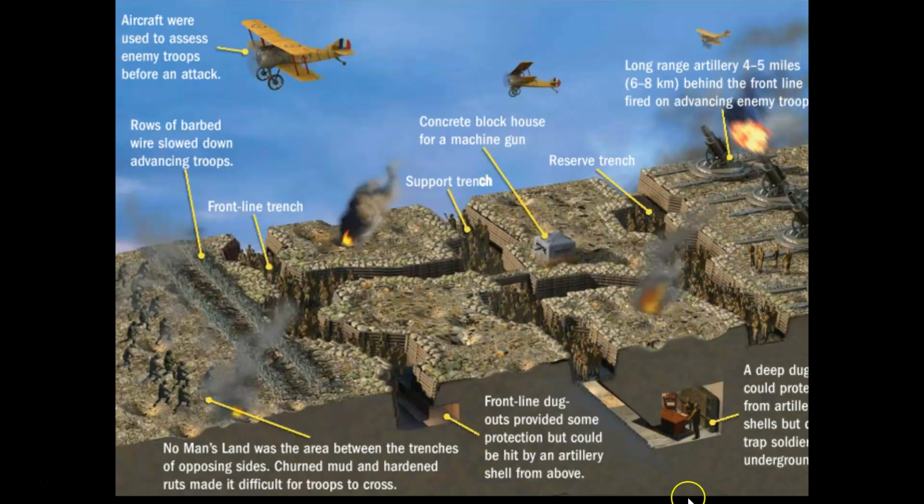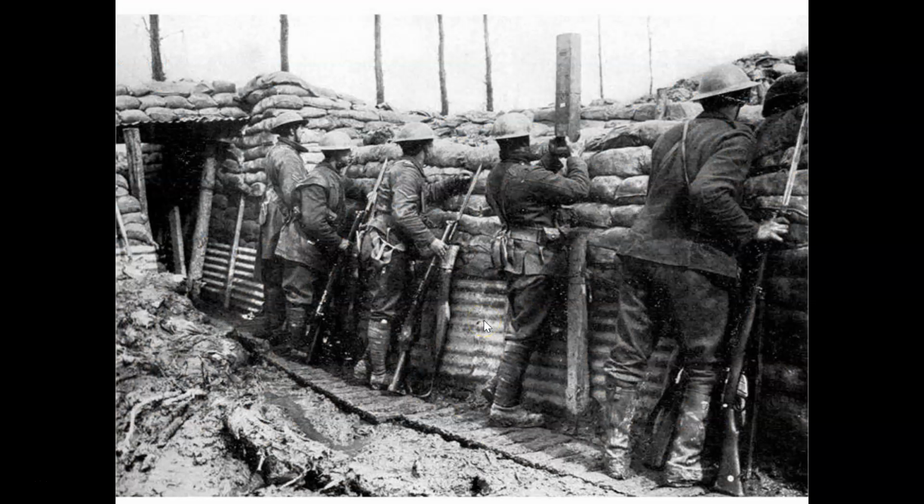You've also got underground communications, especially telegram, and the area in between enemy trenches was known as no man's land, which no man would dare enter because of the danger of, for example, the machine guns. So this is quite a complex system, with an advanced rotation system to keep people who have been in the front line going to reserve to get some rest, and then support. There are always different levels to help ensure success.